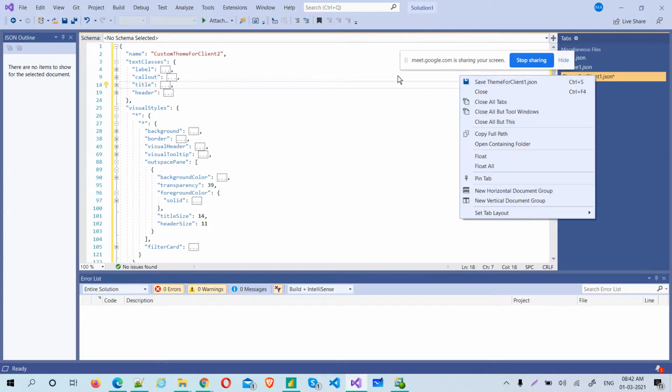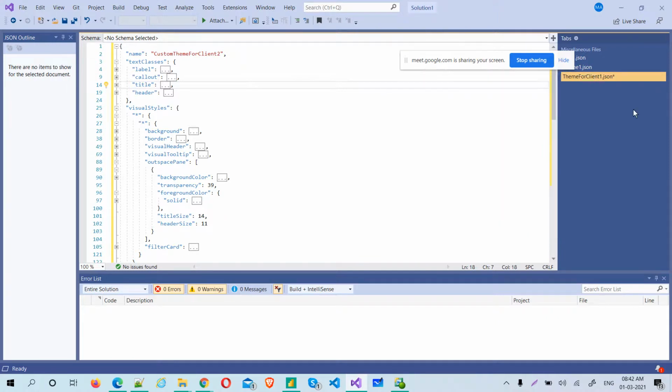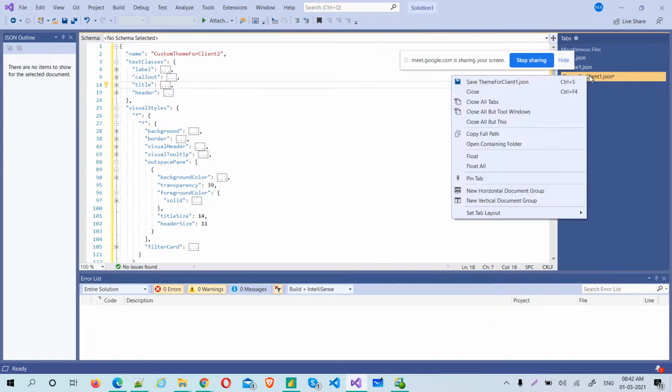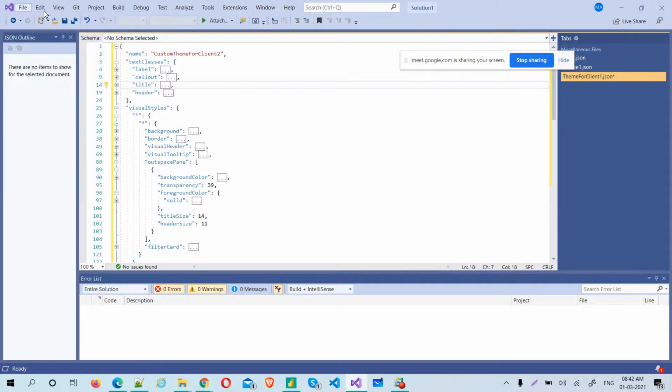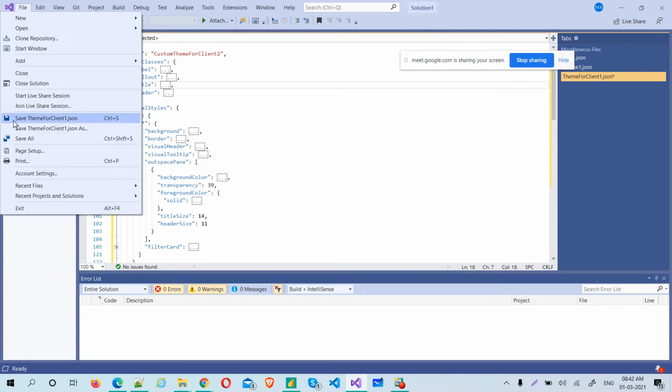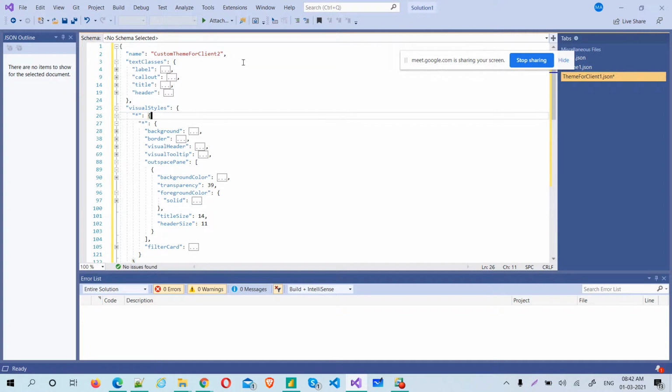Come on. Okay, let me double click and rename otherwise. Save as, file, save as. Okay, so if there is no save as, then let's change it to directly save, no issues.